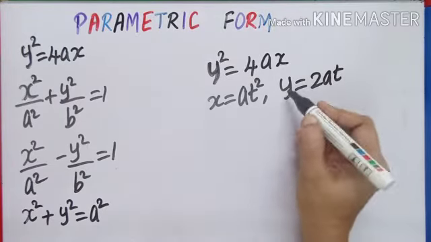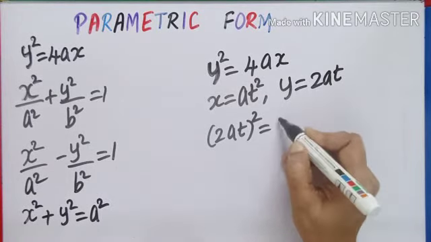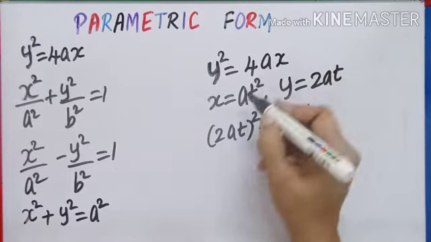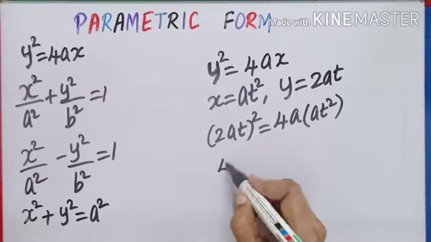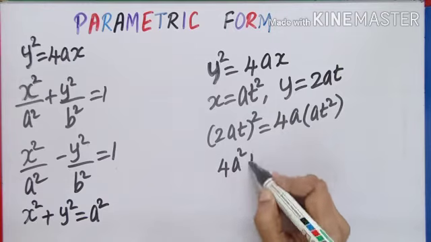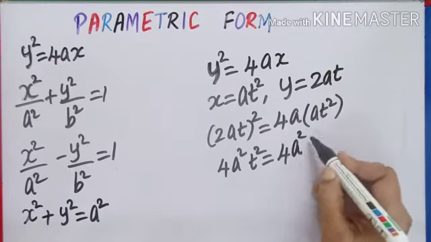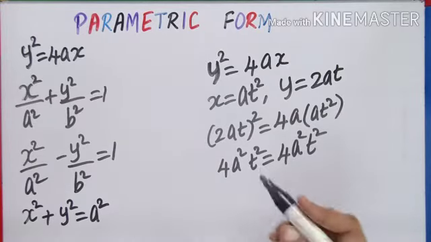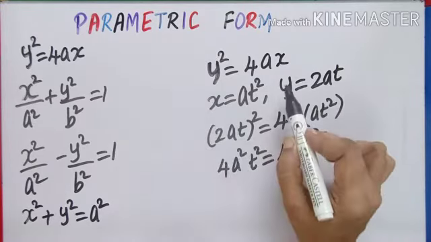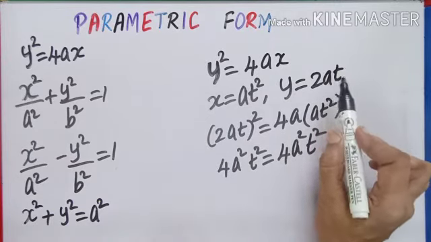See what we get. y square will be 2at the whole square. That is 4a into x value at square. Here 2 square is 4, a square t square. Right-hand side also a into a square t square. It is satisfying. So I am writing x and y in terms of a single variable t, which is called